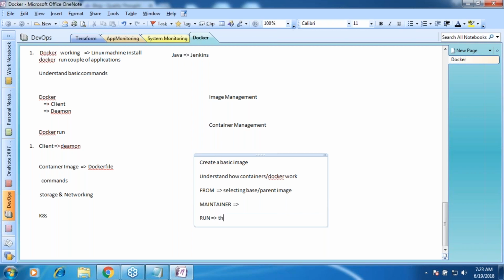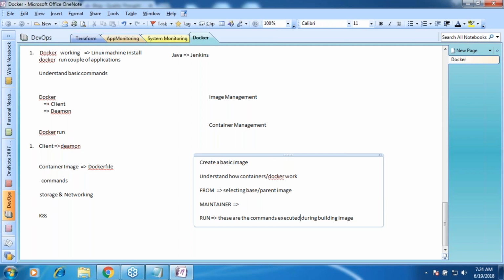Okay, these are the commands executed during building the image. Whatever you write in run will be executed when you are building the image.